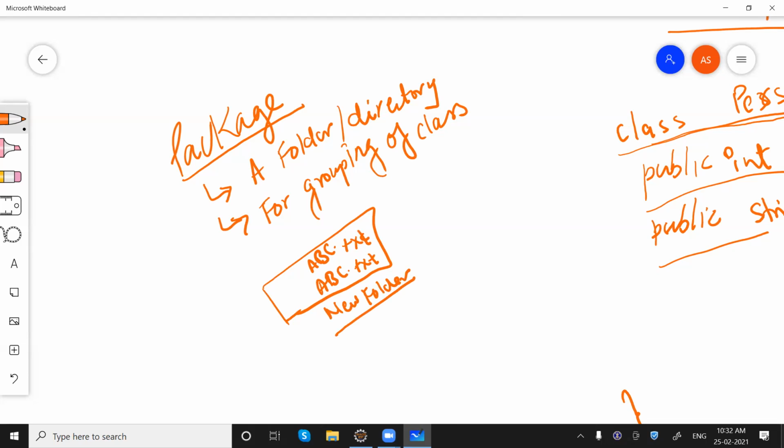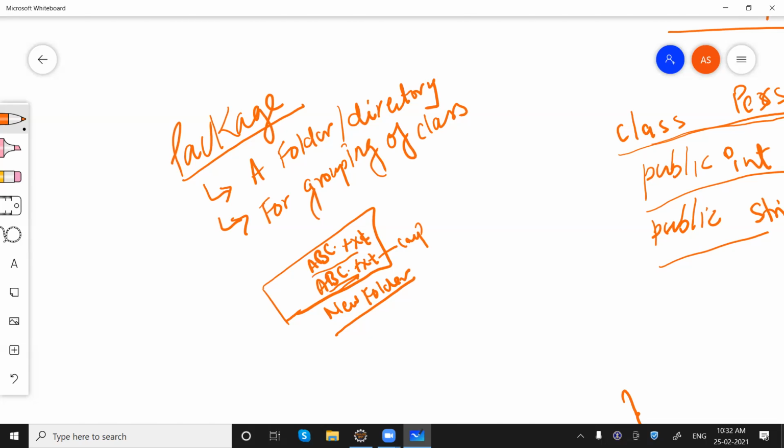Two files with the same name, can you keep them in one folder? Yes or no? No, it won't allow. It will say create a copy, rename this one, or otherwise I'll override this one.